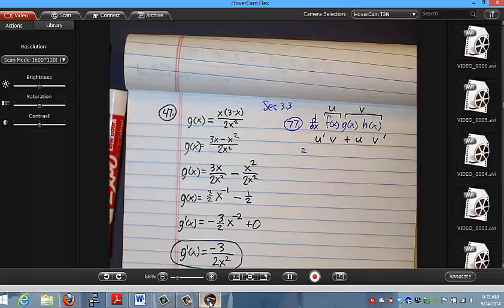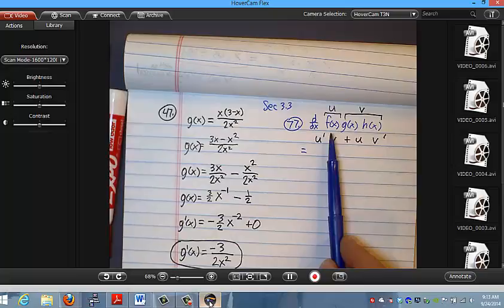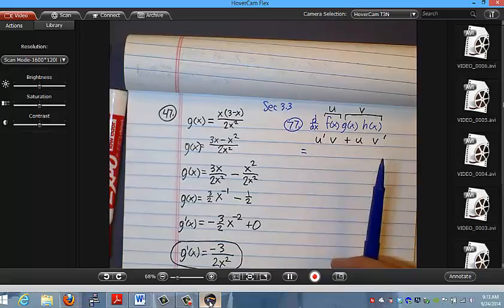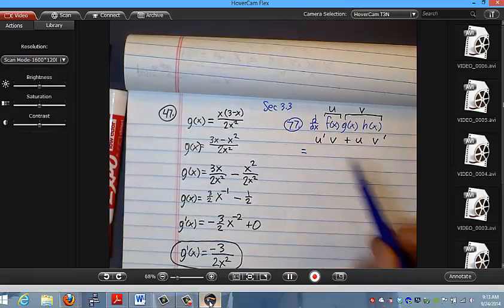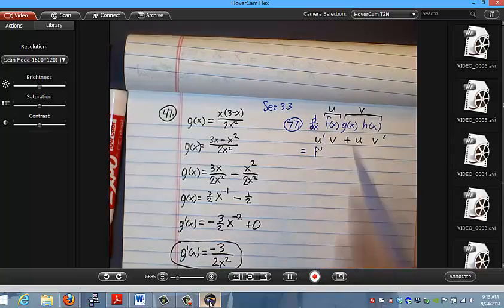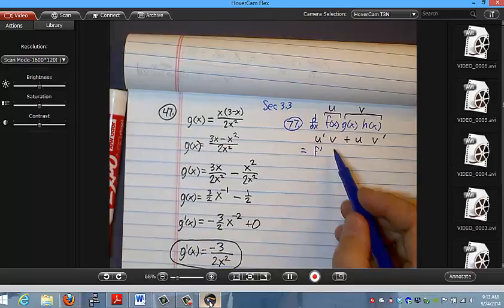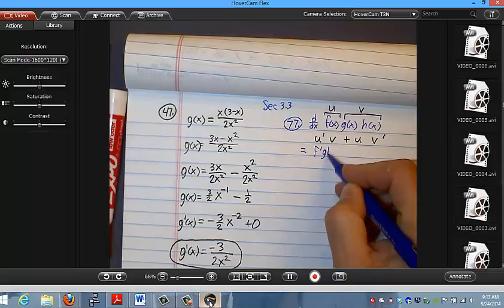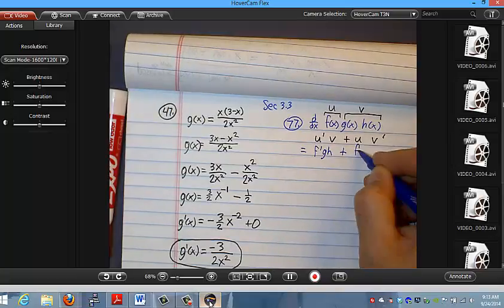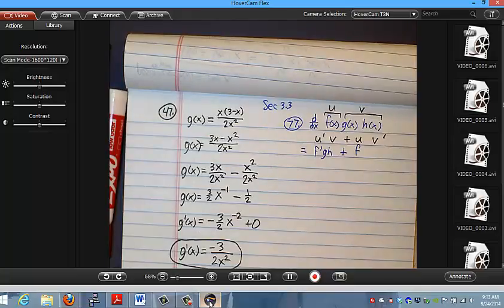Now, to make things work better, I'm going to stop writing the parentheses with the x in them, like I never do with u and v. So remember, f, g, and h are all functions of x, but just to save time, where it says u prime, instead of writing f prime of x, let's just write f prime. You guys okay with that? And then where it says v, what would I write? gh. Plus, and where it says u, I would write f. But now where it says v prime,